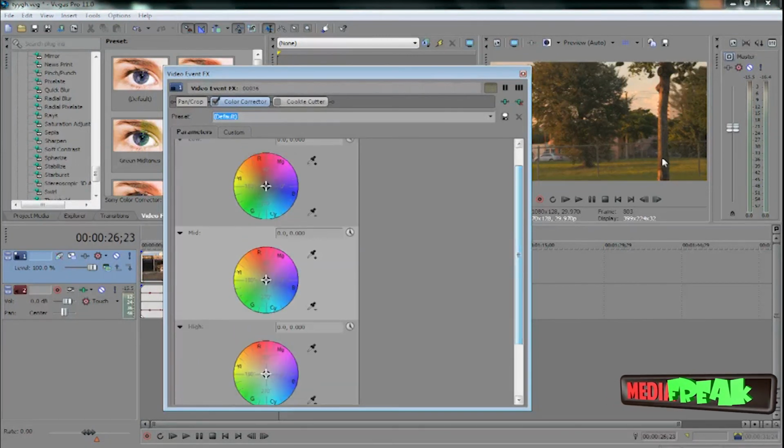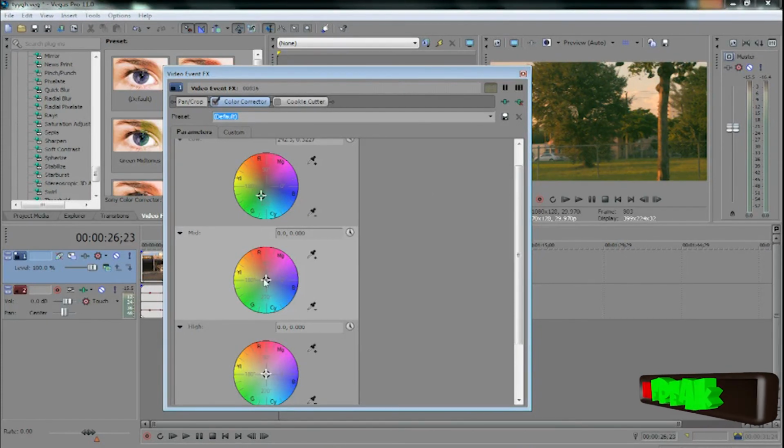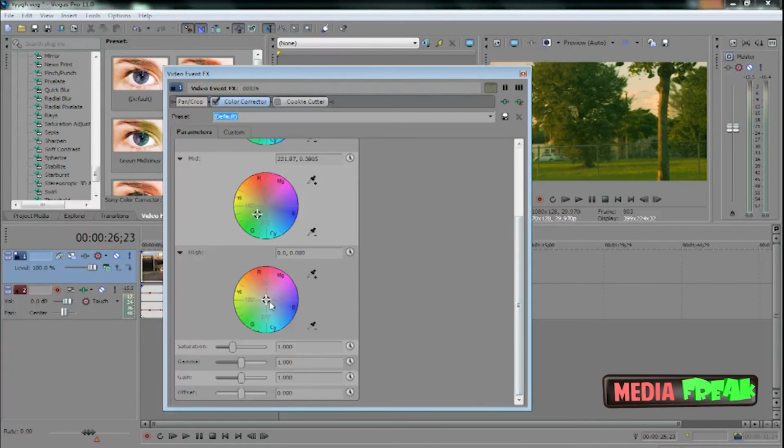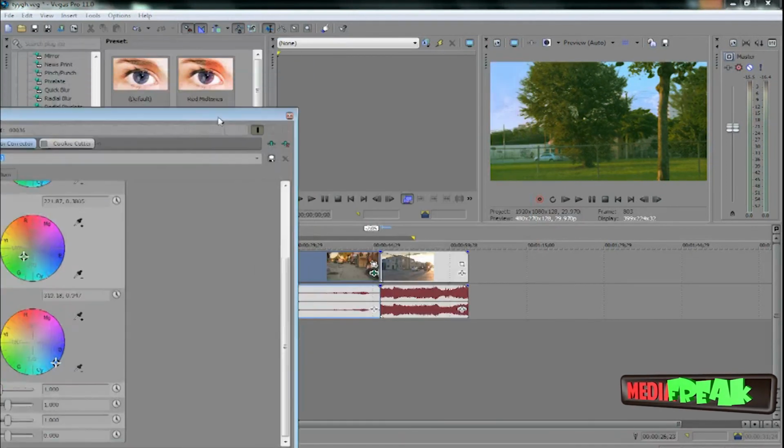So we see our lows, which is our shadows, and if we want to change them to any color that we want, our mids to bluish if we want to, magenta, now